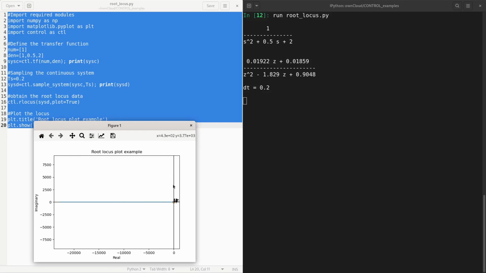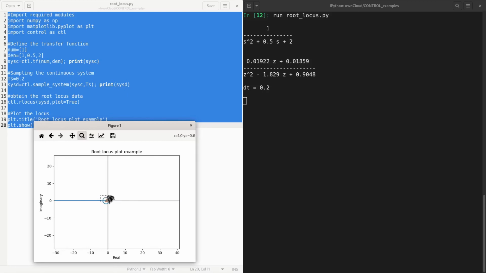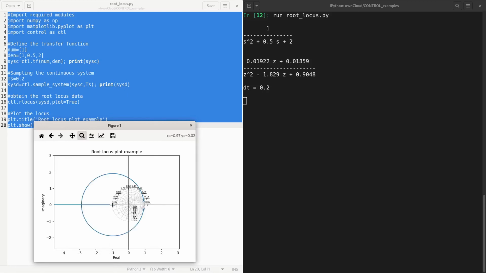So you see that as the cursor moves, you get the x and y positions there on the top right. And I can use this zoom, and I can zoom in here. I can mark that, I can zoom in so that I can get to the unit circle point.